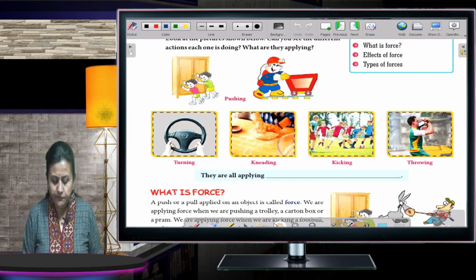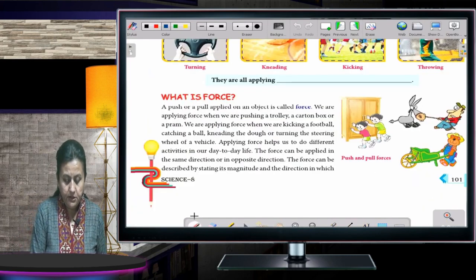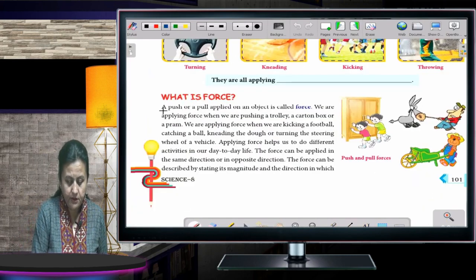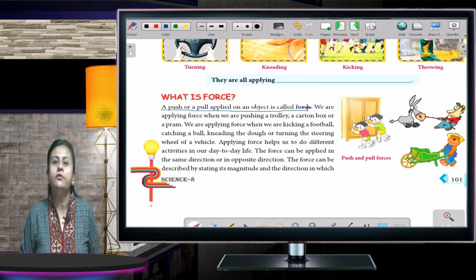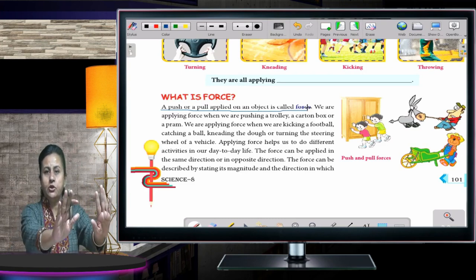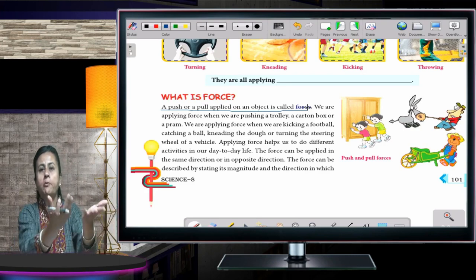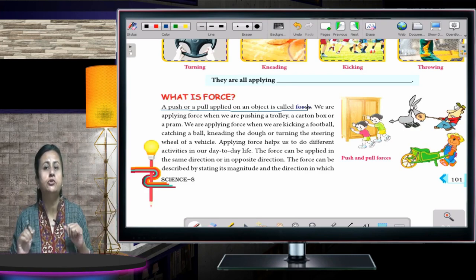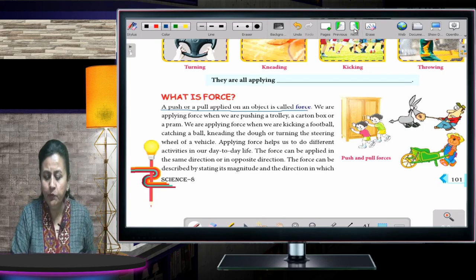Okay, so to start with, a push or a pull applied on an object is called force. Either you push or you pull. Any object, when you are pushing or you are pulling it towards yourself, you need to apply something, and that something is called force. Fine. Now moving to the next one,